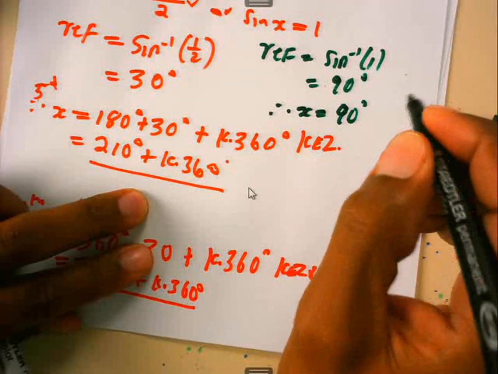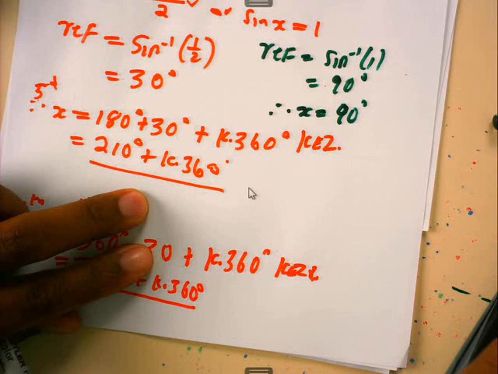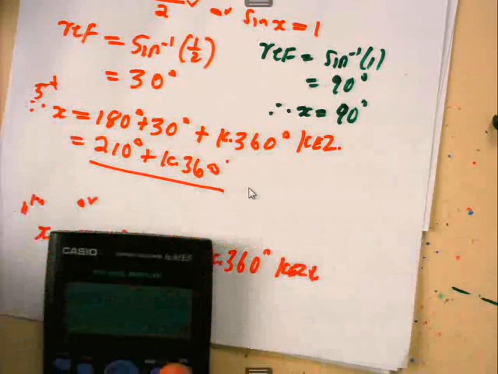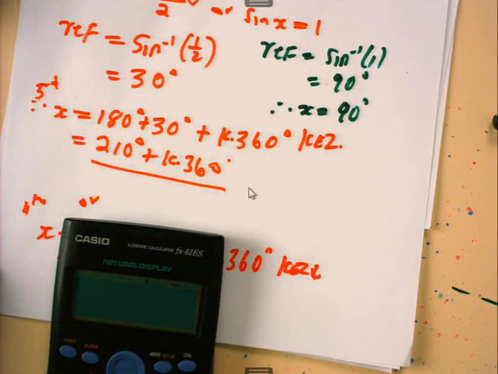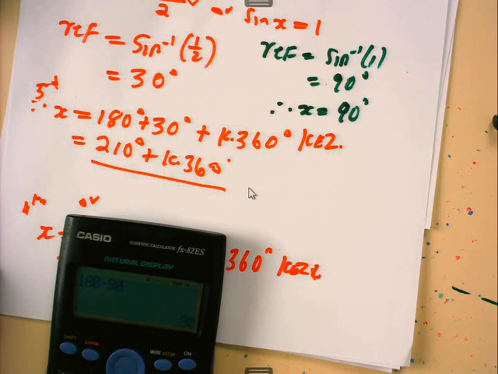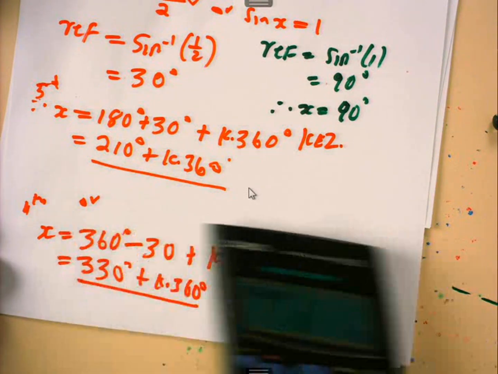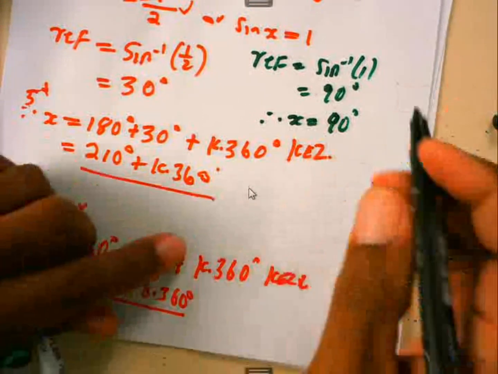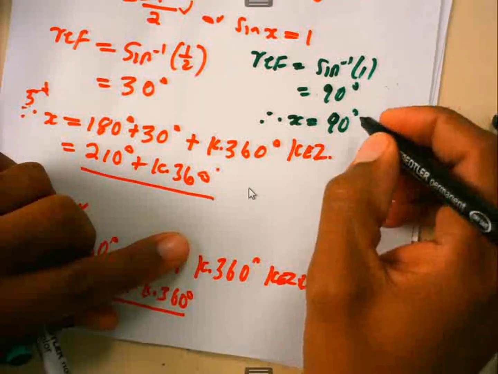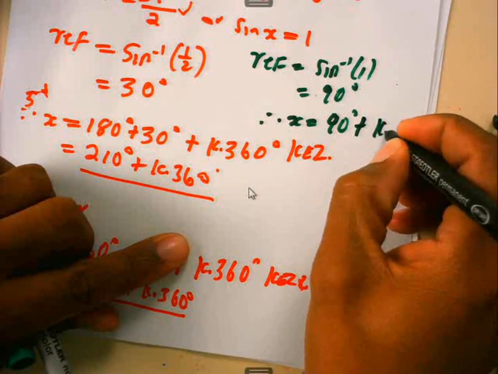Why 90? Because sine is positive in the first quadrant. Is that correct? And also sine is negative where? Sine is positive in the first quadrant, also in the second quadrant, right? Now, what do you know about the angle in the second quadrant? That is 180 degrees minus. It means when we say 180 degrees minus 90, what do we get? We are going to get 90 degrees. It means for this side, I can now say, therefore, x is equal to 90 degrees plus k times